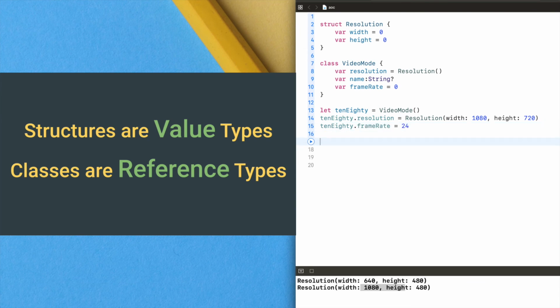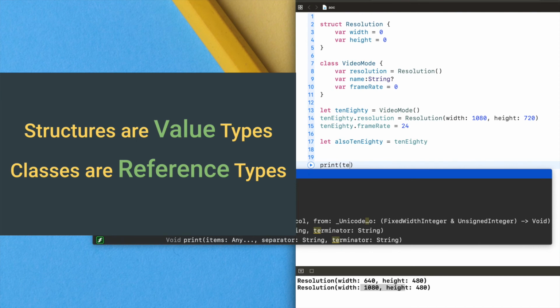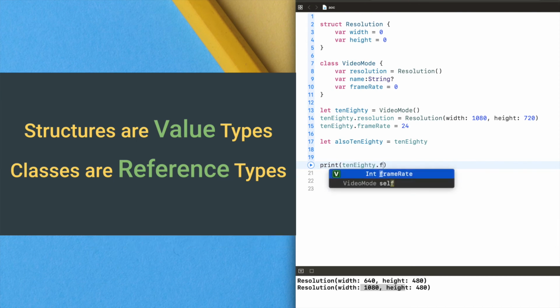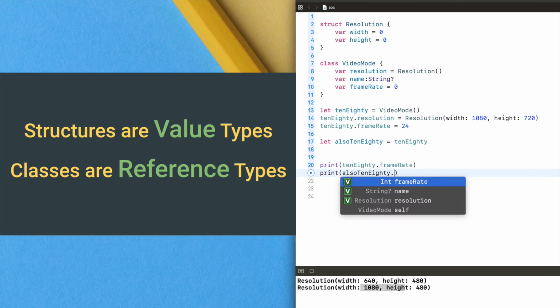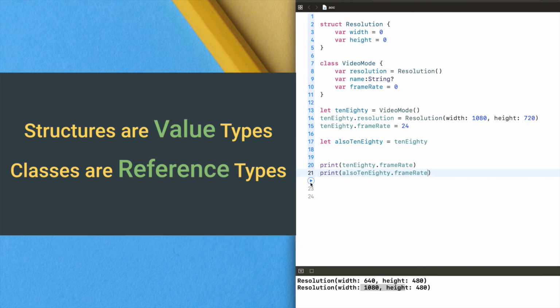Okay. I'm going to create another class also tenEighty and assigning the value of tenEighty. Okay, just print the frame rate. Print tenEighty dot frame rate. In this case, both will have the same value of 24.